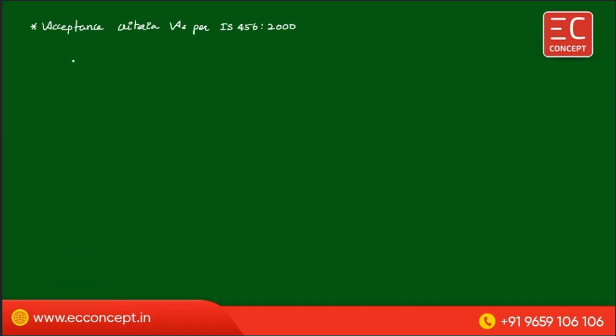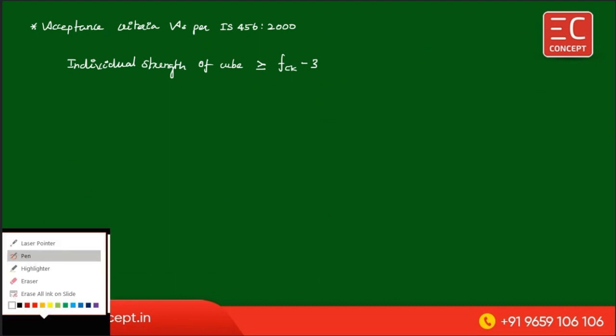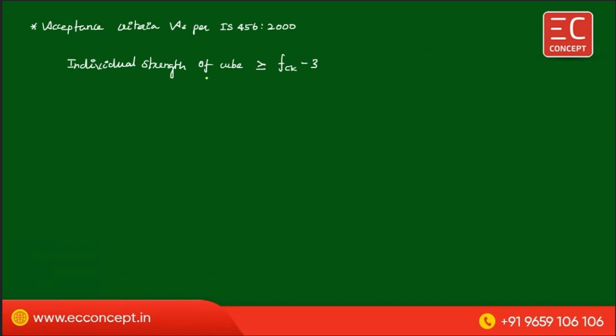Here the first one is individual strength of the cube, which shall be greater than or equal to FCK minus 3. And it is applicable only up to a grade of up to